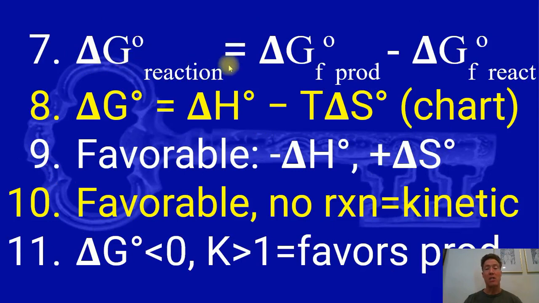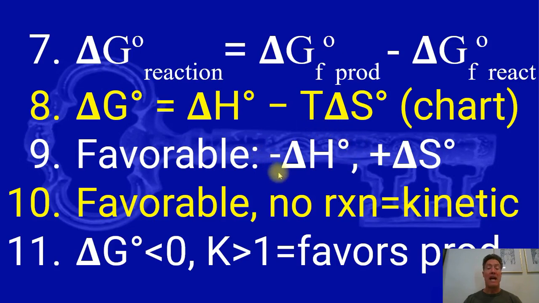Okay, again, we track delta G the same way. Final situation minus initial situation. And we can relate delta G to delta H and delta S entropy with this equation, delta G equals delta H minus T delta S. And we can keep track of the various ways. There's a chart we can put together to track when these are both positive or both negative or one of each. What the universe wants